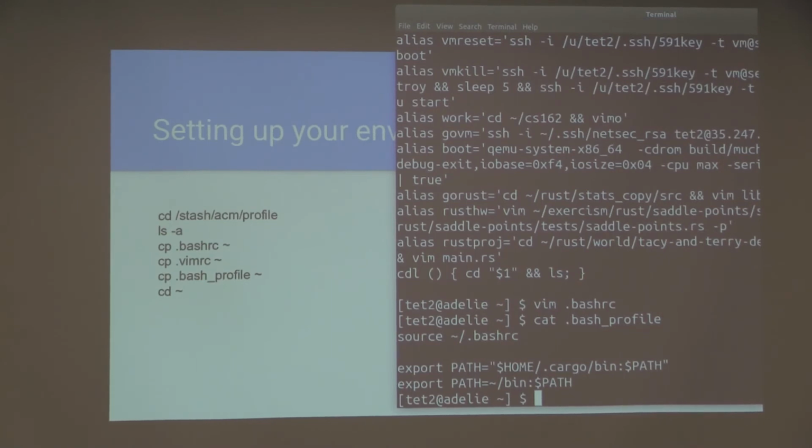All of that stuff we just put into it is now accessible to you. So now you can use that vim o, you can use that alias work. If you actually go into that CS162 folder and you create a file, you can now directly go to it from wherever you are. We only have to do this once. That's why you have that bash_profile as part of the files that you pulled over. The first time you can either source it or you can log out and log back in. You just type exit and then log in again.